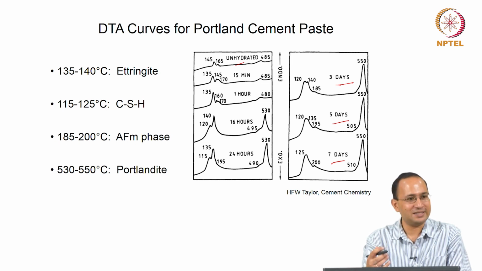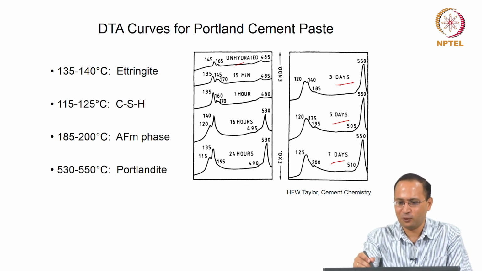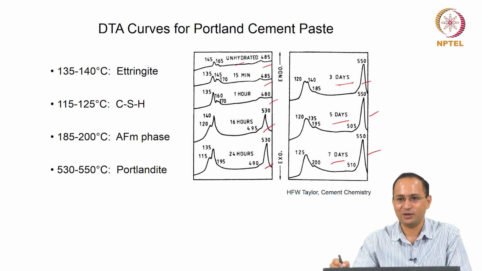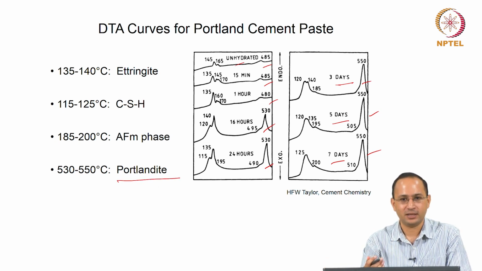You see some changes in the DTA curve, some things are forming. That tells you the reaction is taking place and new phases are being formed. So from here you can identify what kind of phase is precipitating. Starting with, you see at 485, around 500, major peaks. Now at 7 day you have a very prominent peak, because of Portlandite. We all know when cement hydrates you form calcium silicate hydrate and calcium hydroxide. So you see this peak prominently, around 500 degrees Celsius for example.